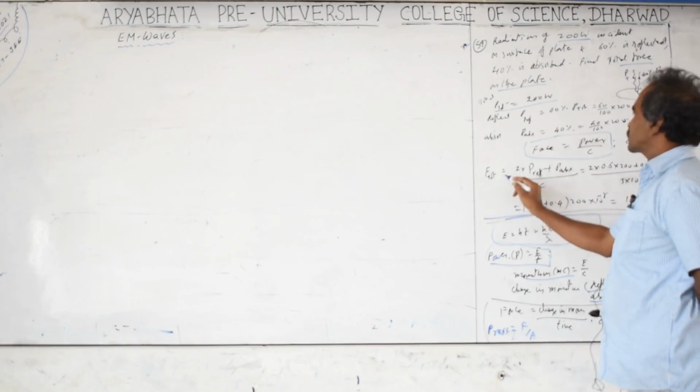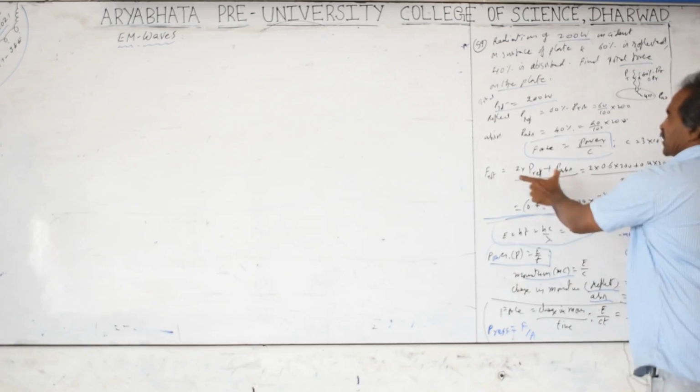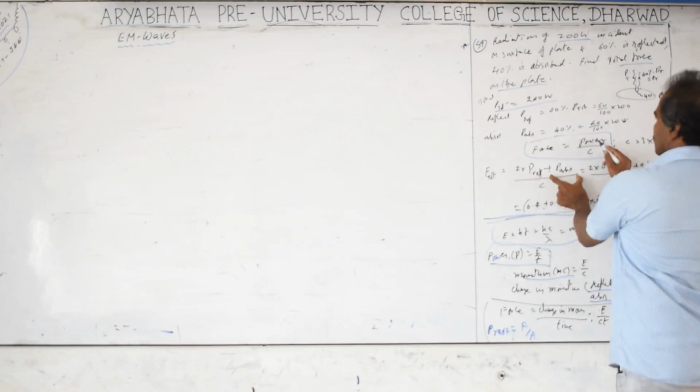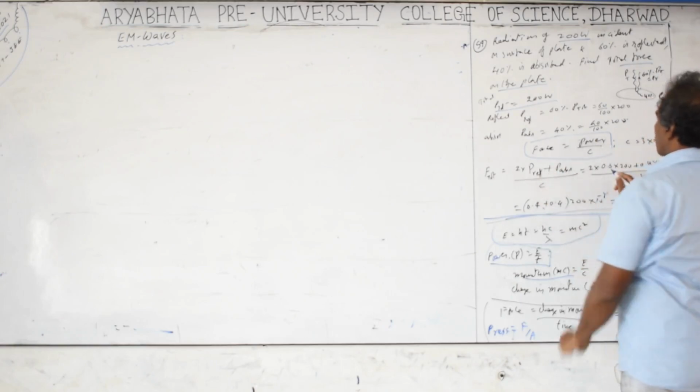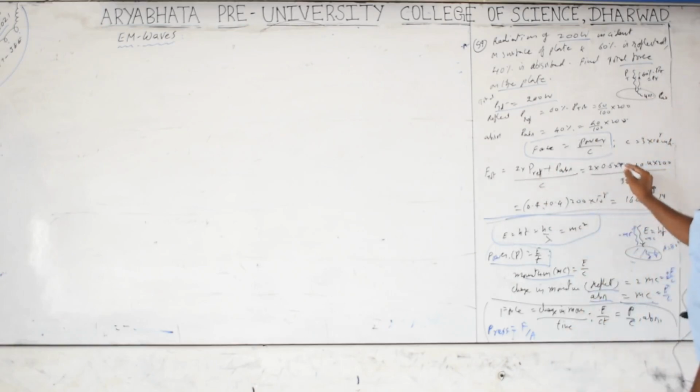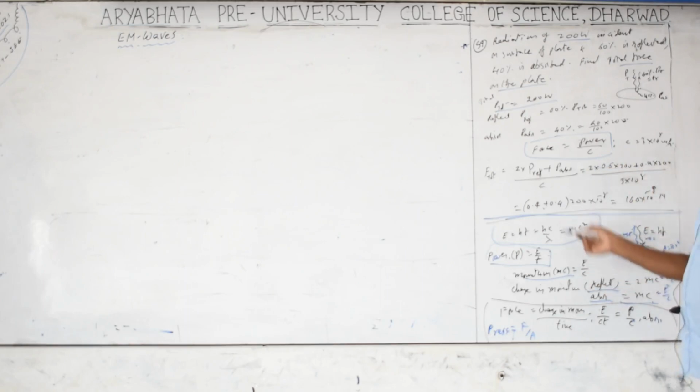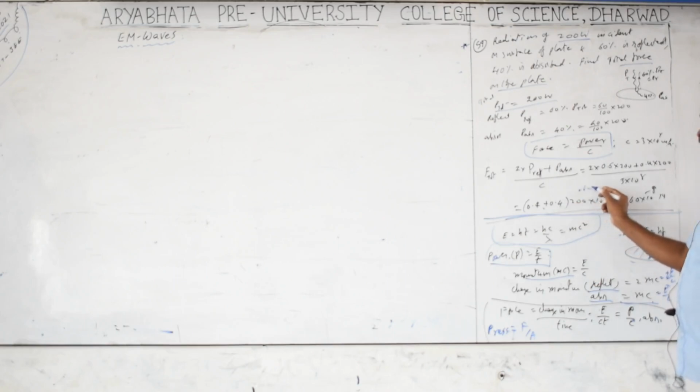So total force acting is equal to, because the reflected power you take twice, and for the absorbed only a single term you have to take, divided by c. That is 0.6 times 2 into 200 plus 0.4 into 200, divided by the speed of light 3 × 10⁸. This is going to be 0.2 into 2 is 0.4, 200 taken out, I have taken this way. 0.4 plus 0.4 is 0.6, 0.6 into 200.